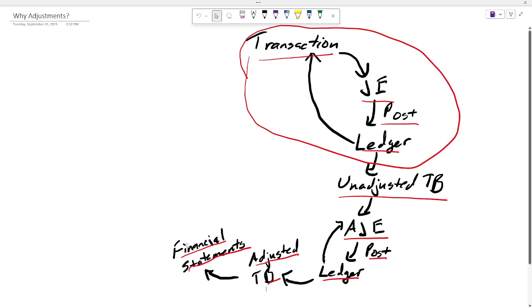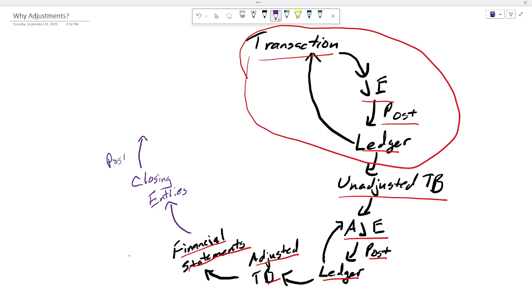After we make the financial statements, we need to get things ready for the next period. And that's where the closing process comes in. So I said we would finish this cycle. We make the closing entries that we just looked at. Closing entries are just like any other journal entry. We looked at the 4 that we need to make. Whenever we make a journal entry, we have to post it to the ledger.